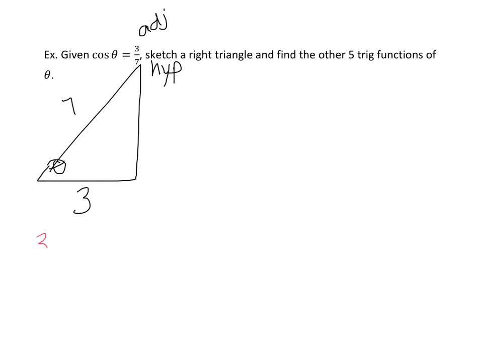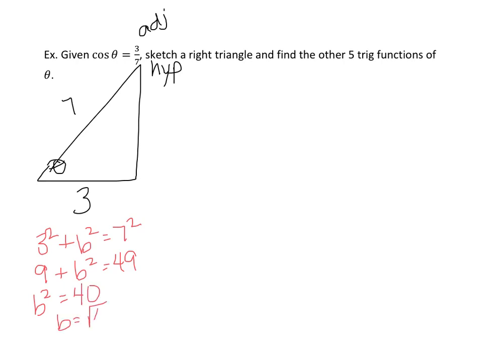Pythagorean theorem, 3 squared plus b squared equals 7 squared. 9 plus b squared equals 49. So b squared equals 40. So b equals the square root of 40, which is square root of 4 and square root of 10. So 2 radical 10. Now to get the 6 trig functions,